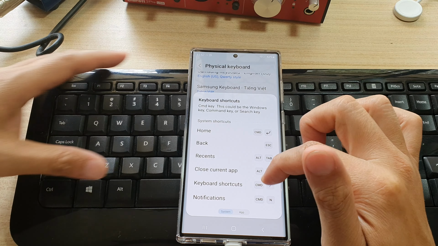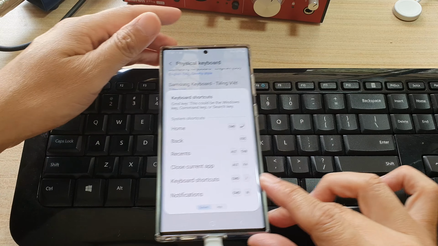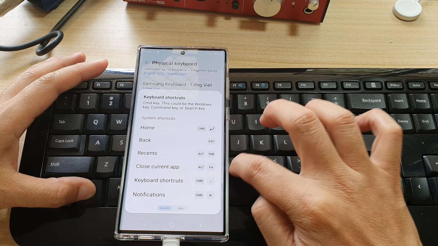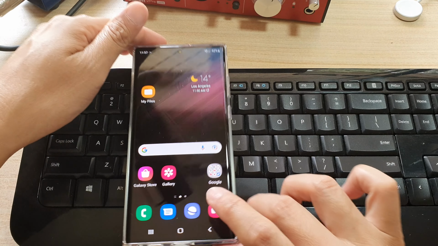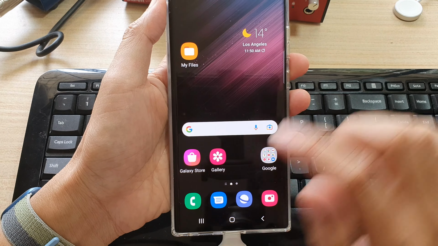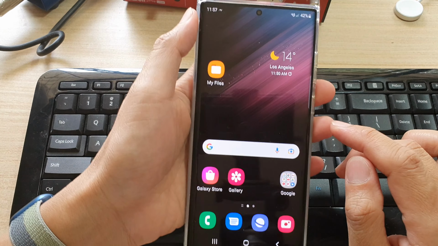And we can open up the notifications by pressing Command N. So Command N will open up the notification panel. And that's it. So that is how you can use the keyboard shortcuts with a connected physical keyboard on your